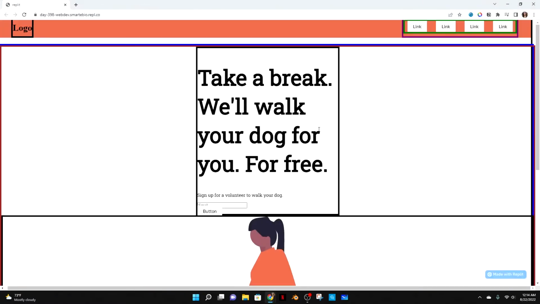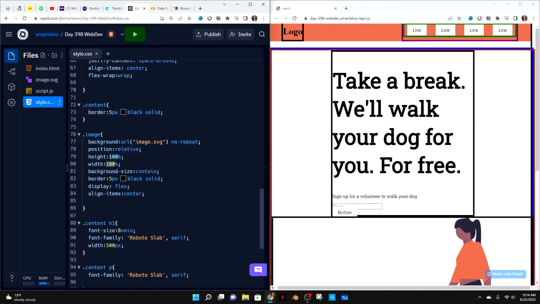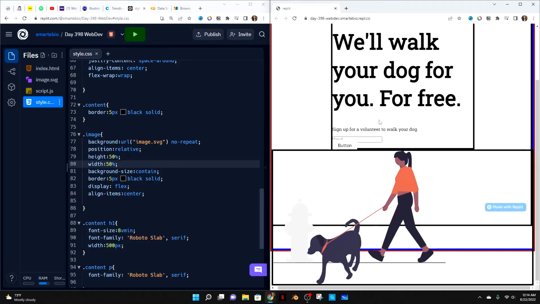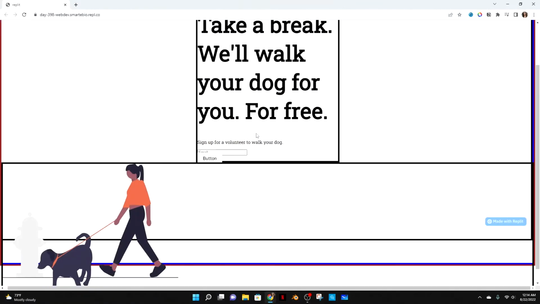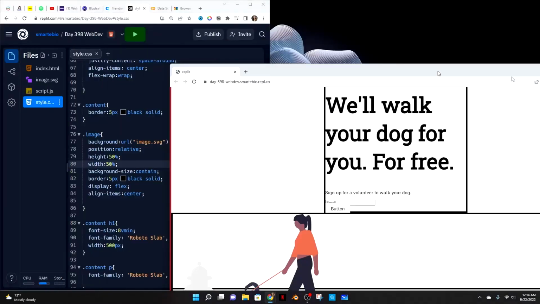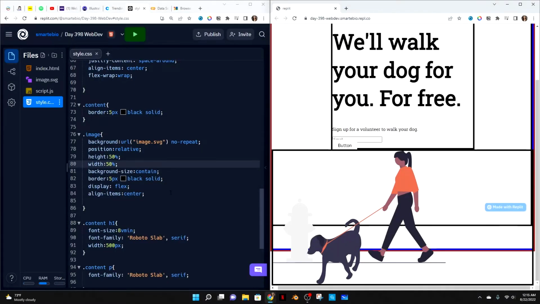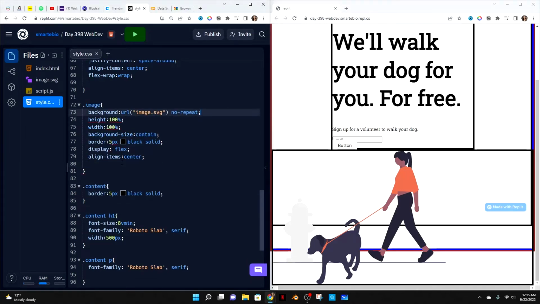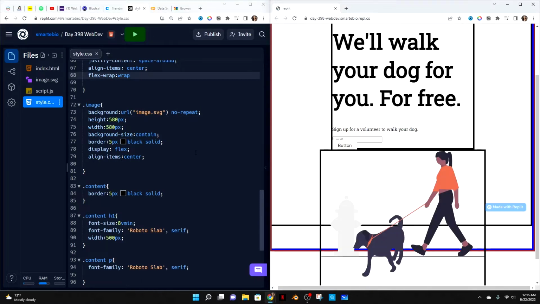Okay, let's see. So definitely not that. So how about 50, 50 reload? All right, so now it's looking like that, but I don't want that. So I'm trying to figure out a way to do this. Let me just go back to how I had things. All right, so